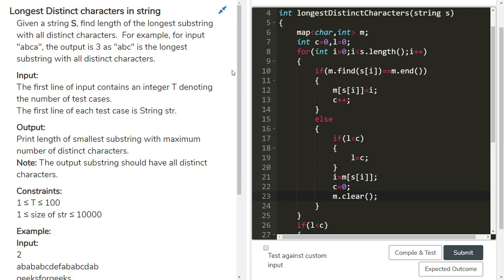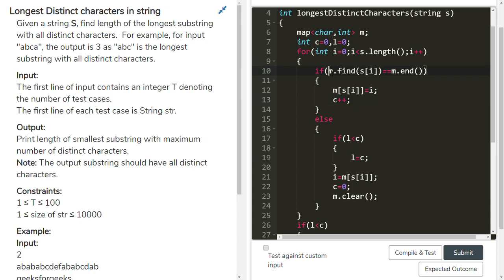I value is incremented. We are at the position of B. The map is empty now. B is not present in the map. So the if block executes, m of B equals i, this index 1. C is incremented from 0 to 1. Then i value is incremented to 2. We are at the position of C now.